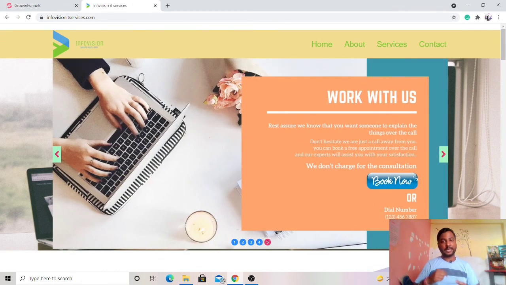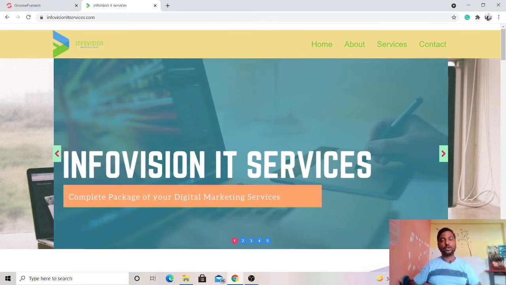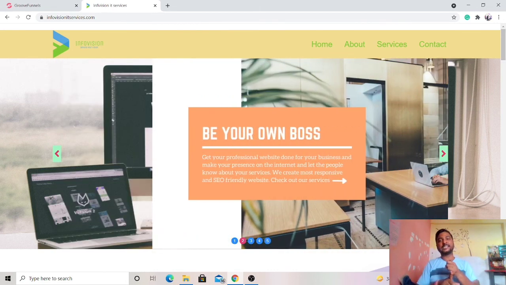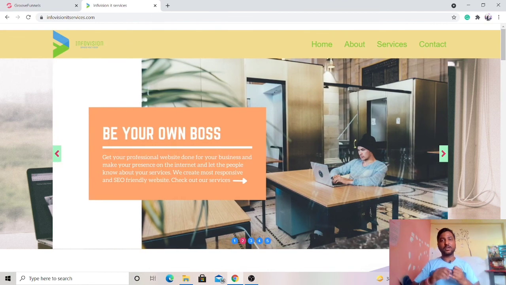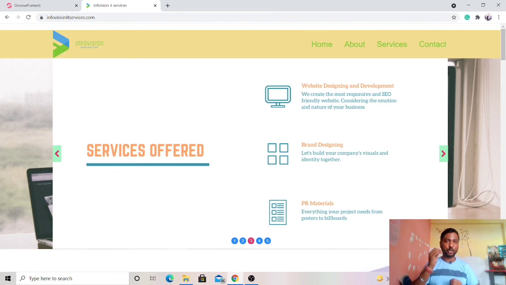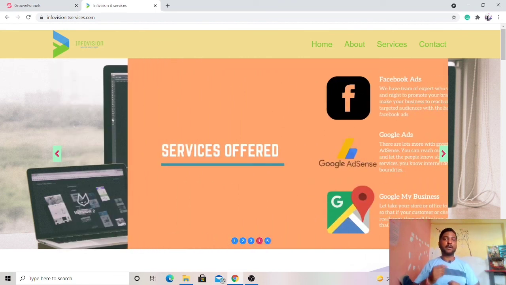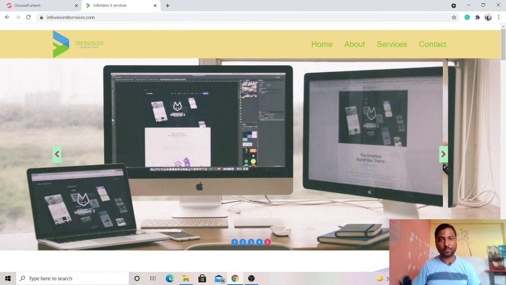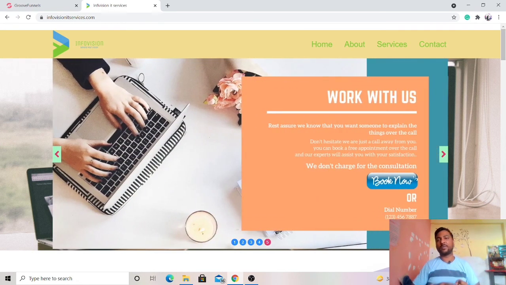Make sure that in my next video I'm going to show you how we can do the entire thing on the automation side: whatever details I have filled, like my information, where it will submit, how you will get that information on your email address, and how your clients will get an email automatically using this entire system. So please wait for my video. It may be tomorrow or maybe the day after tomorrow. I'm just going to upload it.